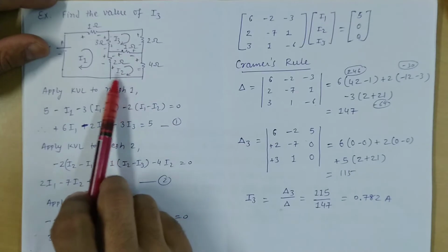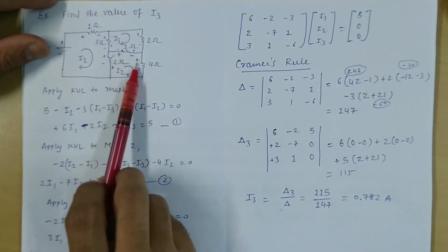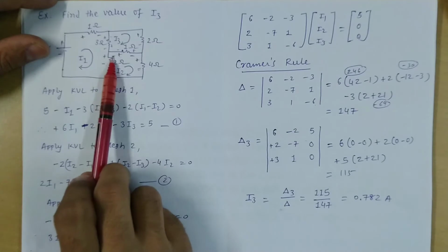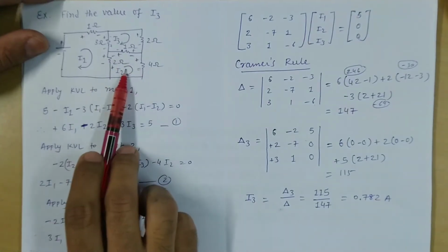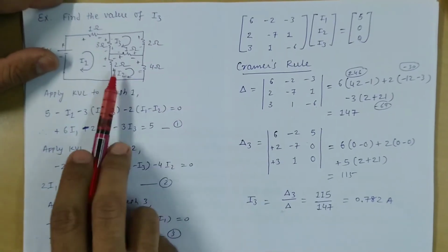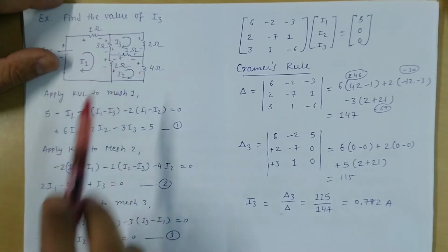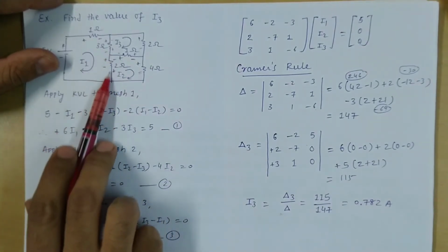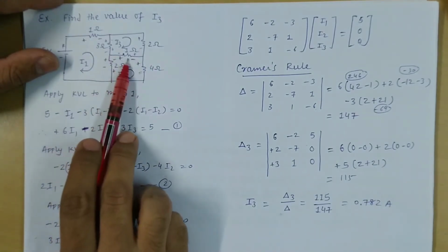Again, considering the direction of I2, we will provide the polarity to the resistors, polarity to the voltage drop in resistors. So this is positive, this is negative. Again, this is positive, negative, positive, negative. So based on this polarity, we will apply KVL. So in resistor 2, we are moving from positive to negative. There is a fall in the voltage, that's why minus 2. I2 is upward, I1 is downward. Both are in opposite direction, that's why I2 minus I1.